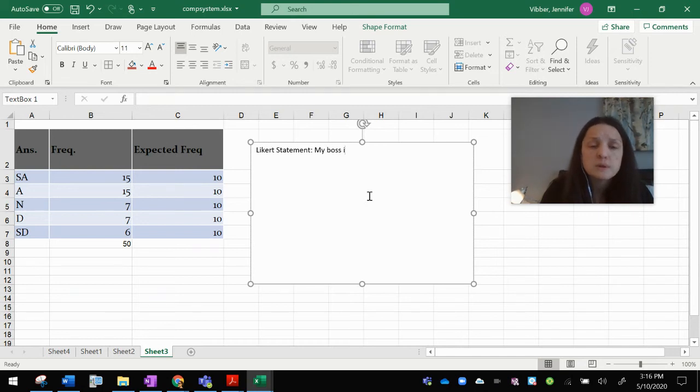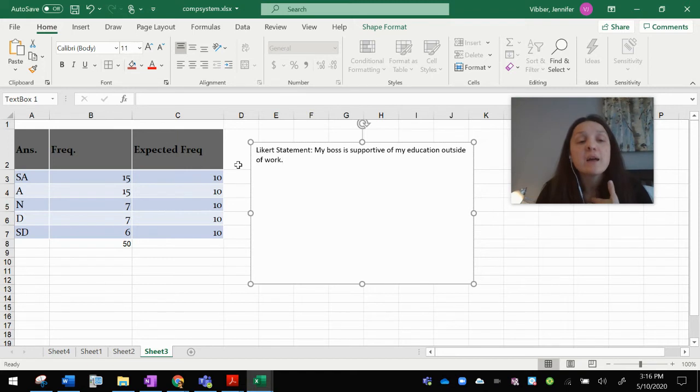My boss is supportive of my education outside of work. Okay, so my boss supports my education. My boss supports me going out to get my degree. Okay, my boss is supportive of my education. Fine. We wrote that as a Likert statement, and then we tallied how many people said strongly agree, agree, neutral,